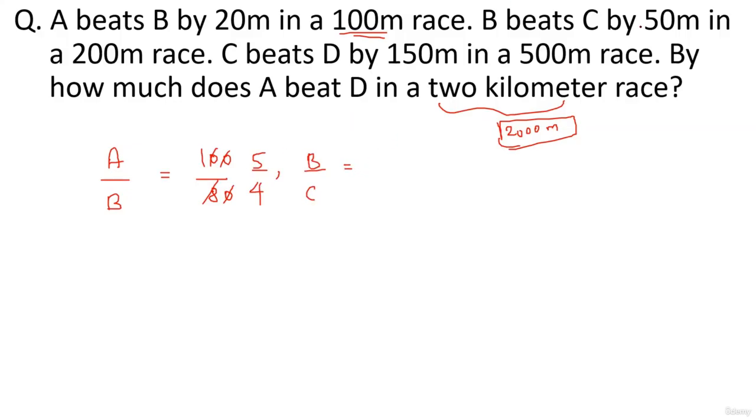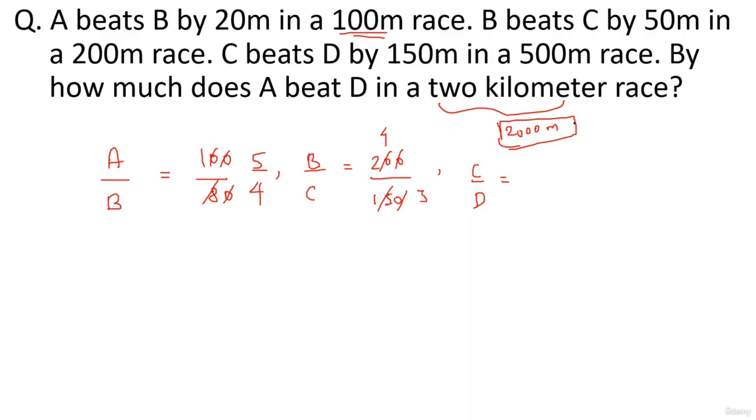Okay. B beats C by 50 meters in a 200-meter race. But when B covers a distance of 200, C will be 50 meters behind, right? C covers only 150. 0, 0 gone. Again, 5, 5 gone. 4, 5 are, 4, 3 are. Okay. 4/3. Similarly, you can find out the ratio of speeds of C by D when C beats D by